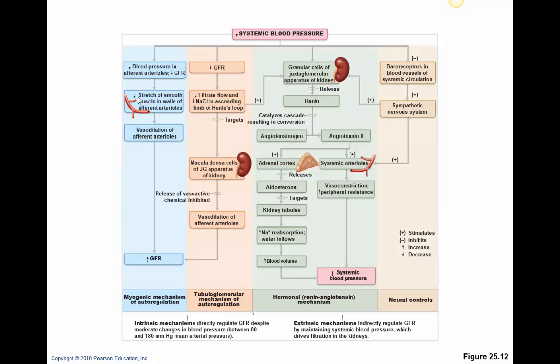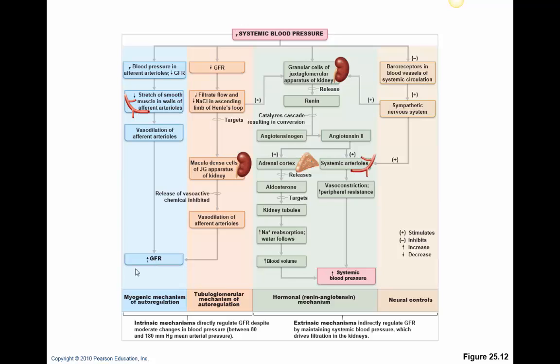As soon as there is less stretch, that causes an immediate response of vasodilation. Vasodilation is going to increase the blood flow to the kidneys, and the goal of increasing the blood flow to the kidneys is to maintain